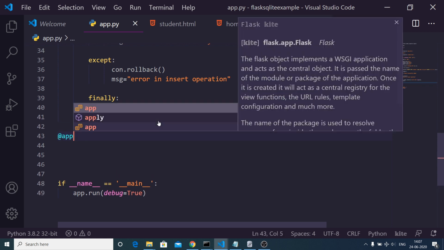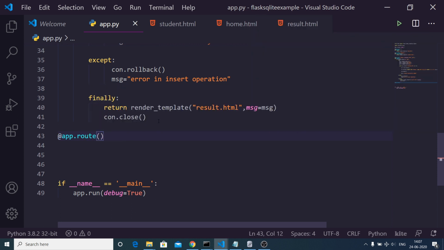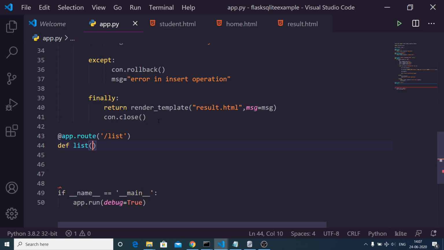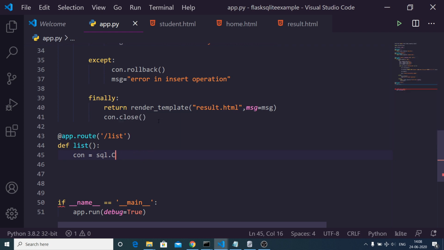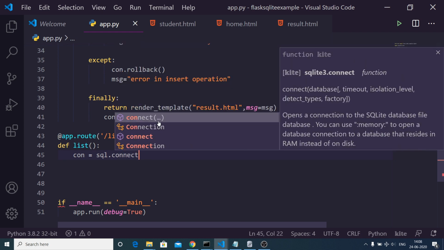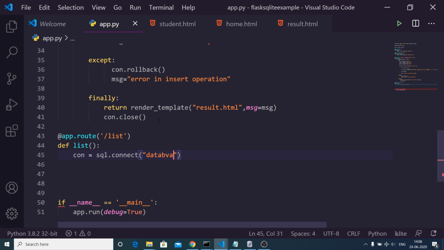Define this route app.route. It will go to slash list, and inside this we will define a list function, put a colon, and inside this first of all we need to connect to the database. So we will write sql connect, again simple method. So here we will provide the database name, which is database.db,